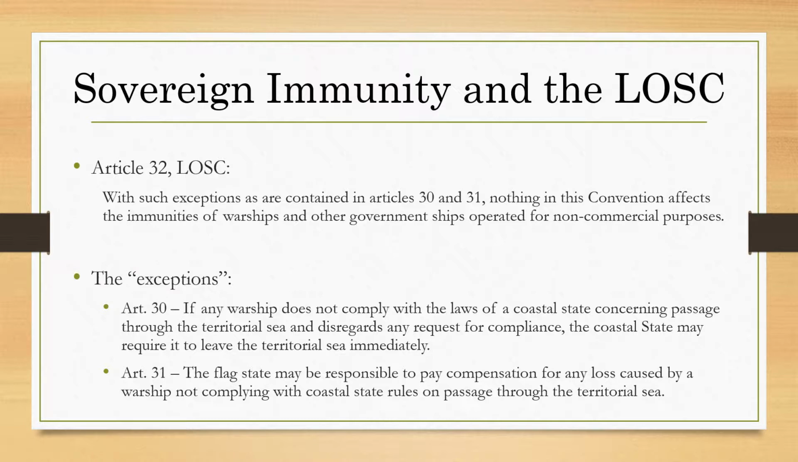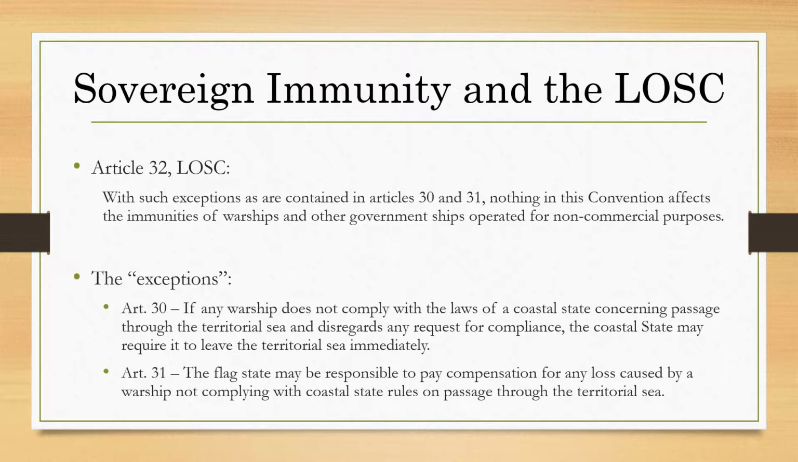And what it says is, if the vessel, which is under sovereign immunity, doesn't follow the laws of the coastal state and refuses any reasonable request for compliance, then the coastal state may require, and is allowed to require, that vessel to leave, which kind of makes sense. You have to follow the law. You have to respect the territorial state's laws, and if you don't do so, then it's fair that you can